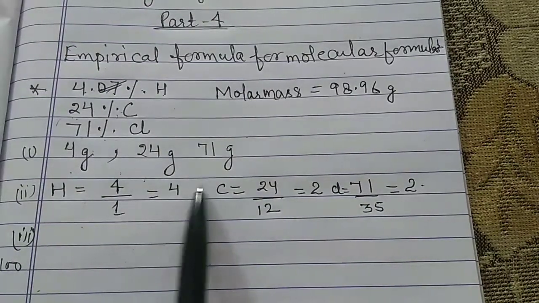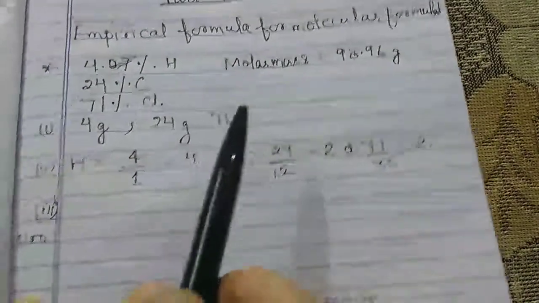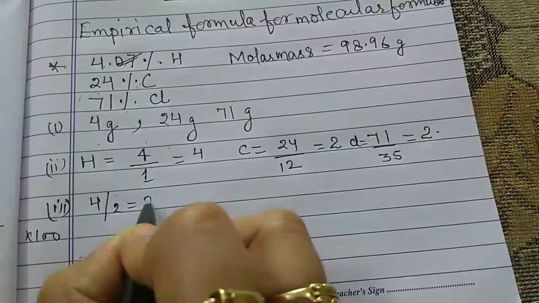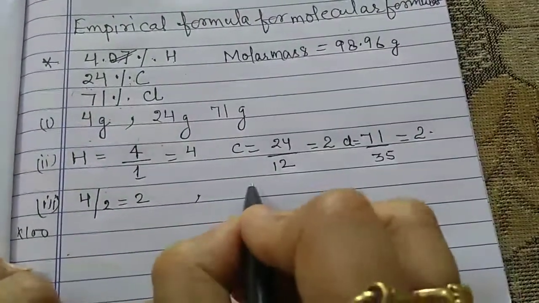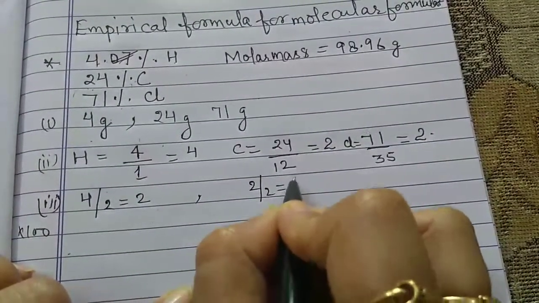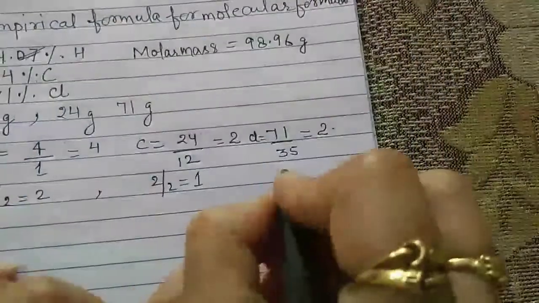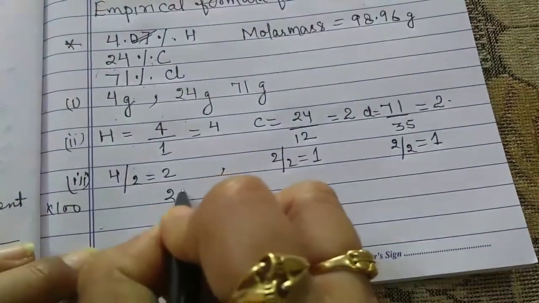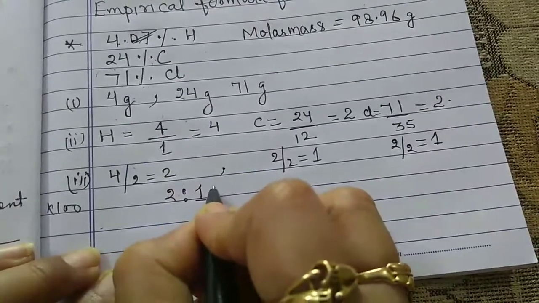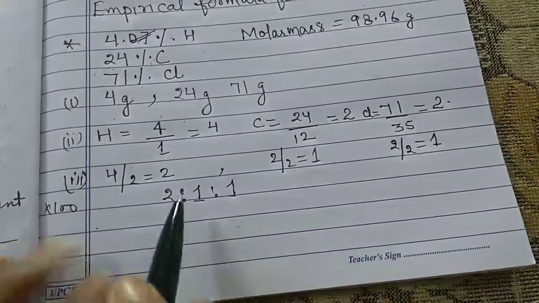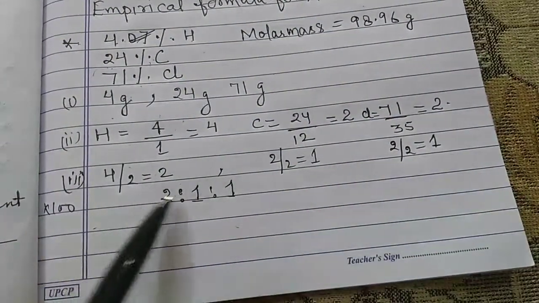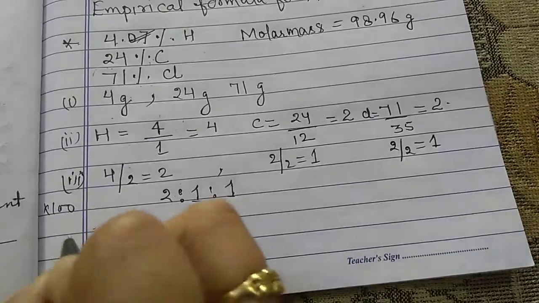Now divide all these numbers by 2. For hydrogen, that is 2. For carbon, 2/2 is equal to 1. And for Cl, 2 divided by 2 is equal to 1. So here we have the ratio 2:1:1. Now, in the fourth step,